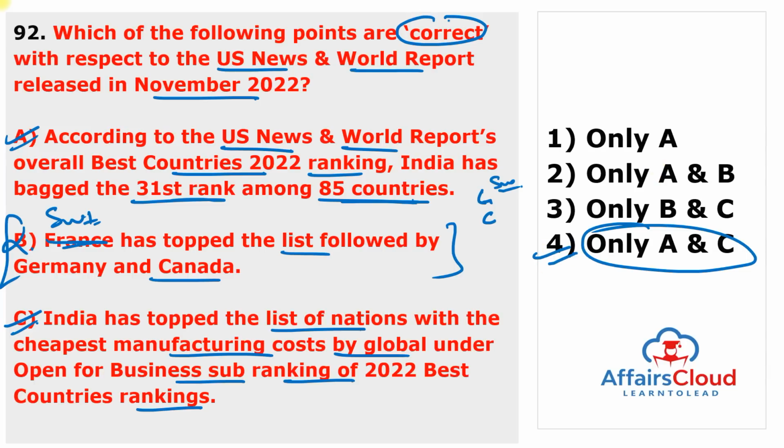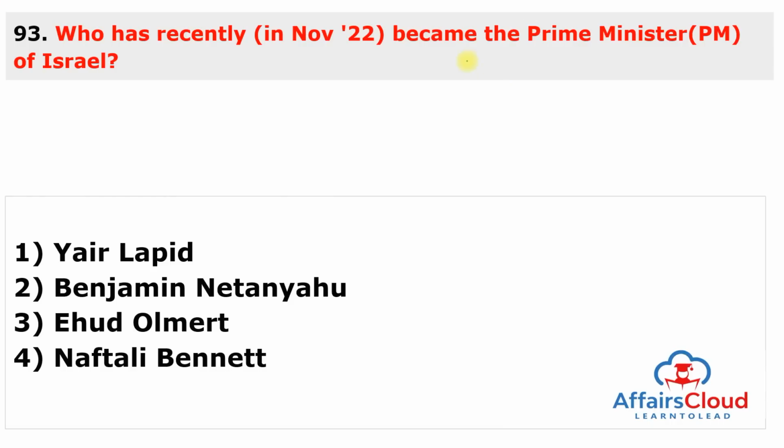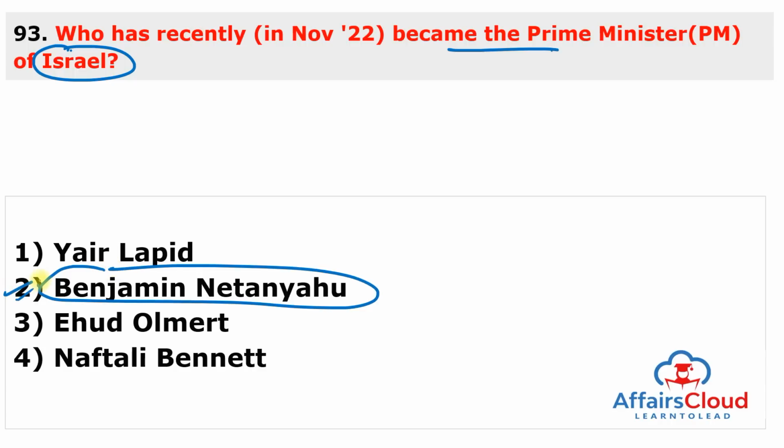Moving to next question. Who has recently become the Prime Minister of Israel? Very simple question, very important question. Who became the Prime Minister of Israel? This person is Benjamin Netanyahu. Answer of this question is second. So former Israeli Prime Minister Benjamin Netanyahu, who is 73 years old, head of the right-wing Likud party, won the 25th elections of the Israel Parliament. Israel Parliament is known as Knesset,